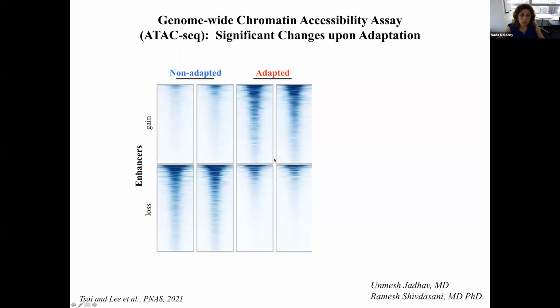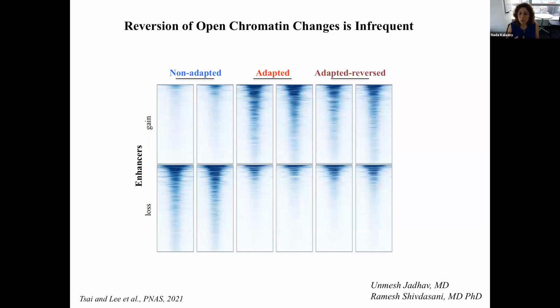And we saw a dramatic change in the landscape of open chromatin when we go from a non-adapted to an adapted state, as you can see here, with gains and losses of sites near thousands of enhancers. So this was exciting. But then we thought, what would happen if we were to look at the reverse-adapted clones? And to our surprise,